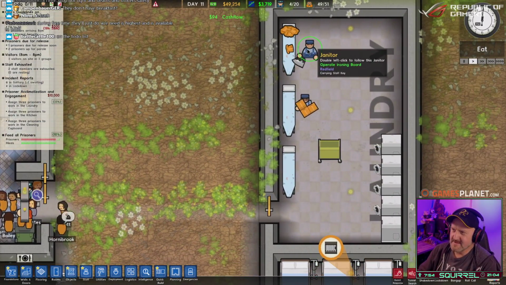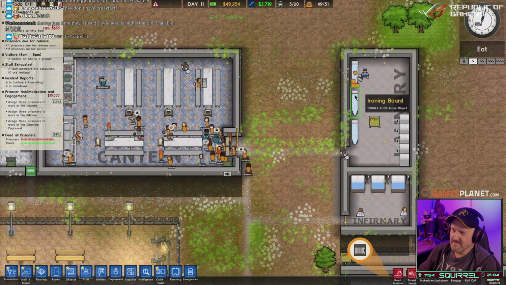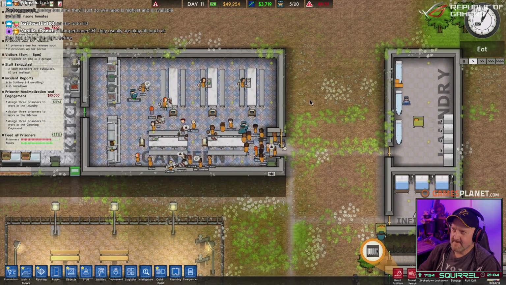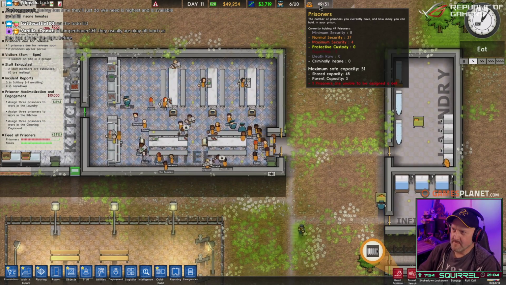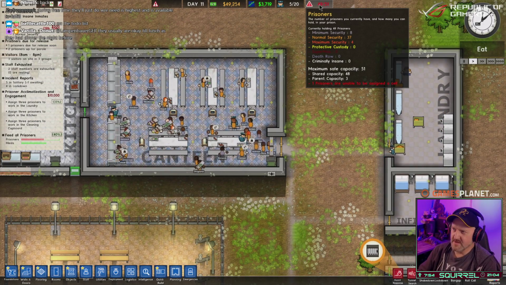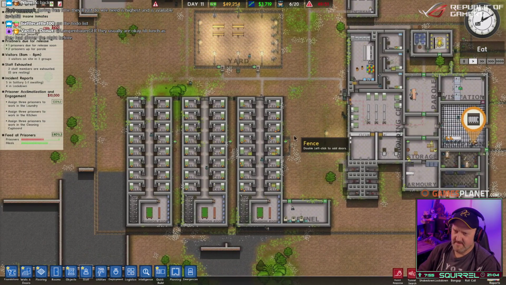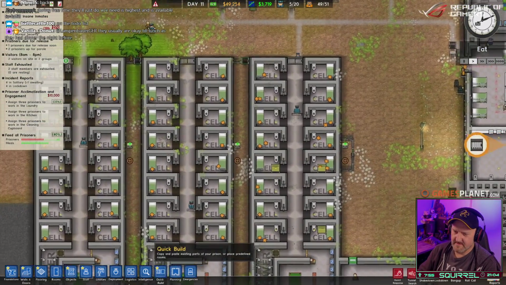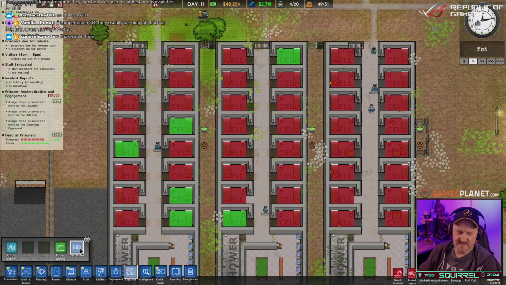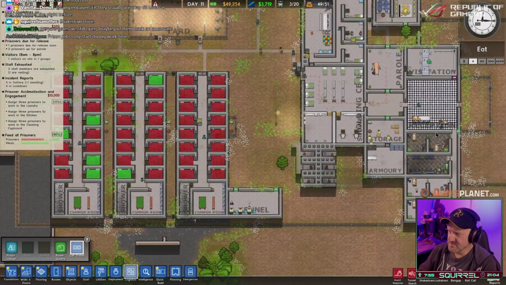Look at this guy. Janitor? Why is nobody working here? Why is that flashing red? One prisoner is unable to be assigned to a cell. Really? Why? We have empty cells. Unless it's a special...